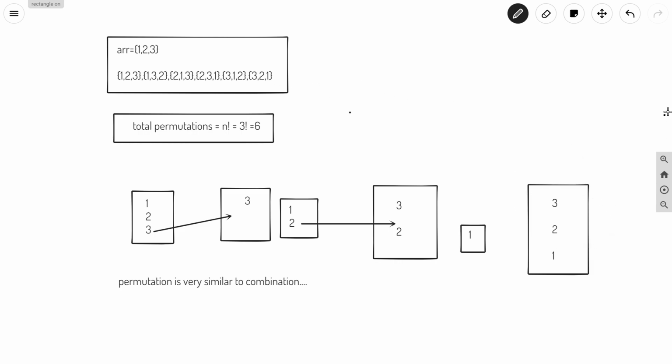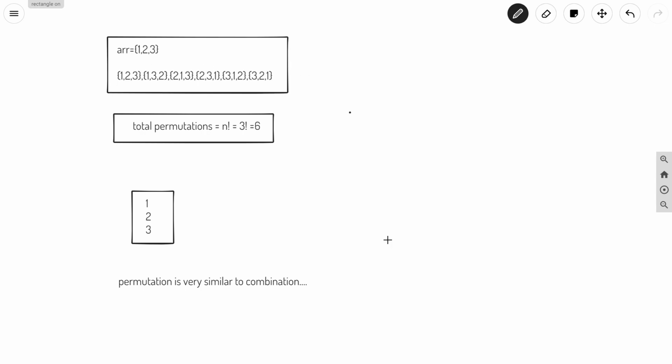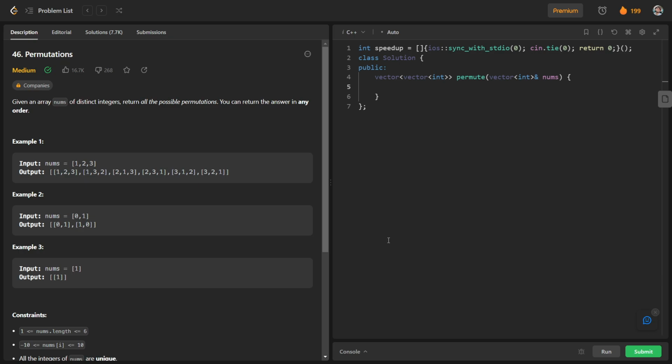So you can see 3 2 1, and we will again move some steps back, and you can see that we are done with all the numbers. We have done for 1, 2 and 3, all 3 numbers, and we got all the permutations, all 6 permutations. So in this way we can solve this question using some sort of recursion and backtracking. So let us try to code this question.